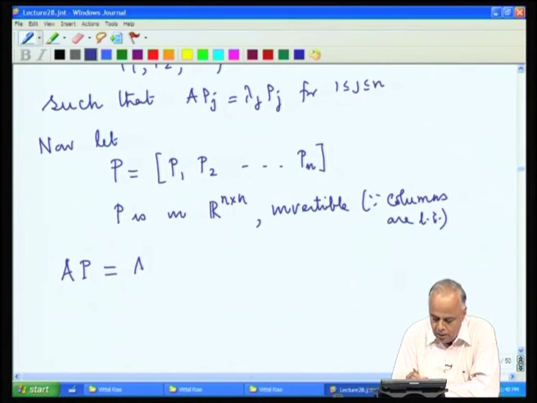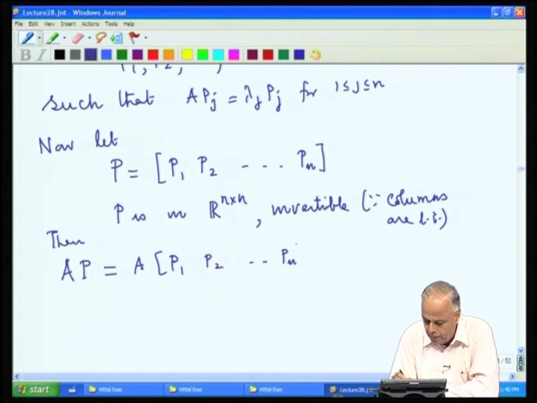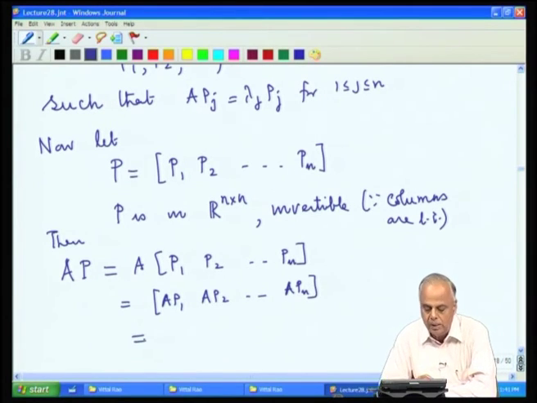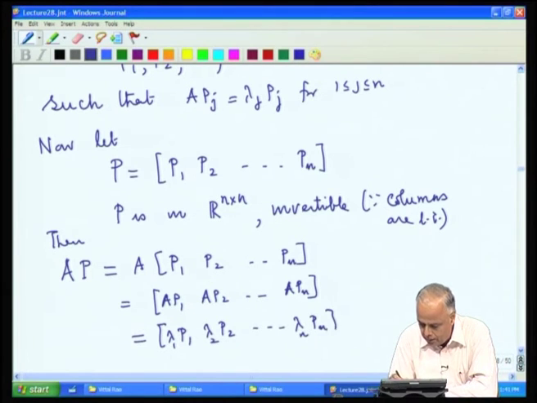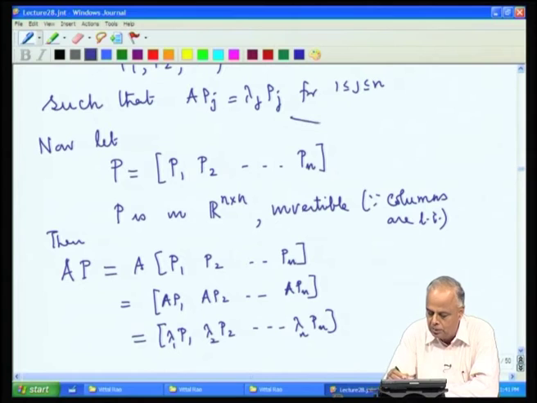AP is equal to then AP1, AP2, APn. As observed earlier, this product will be AP1, AP2, APn, but we are given that AP1 is lambda 1 P1, AP2 is lambda 2 P2, APn is lambda n Pn. That is given to us. So, this says star by star,